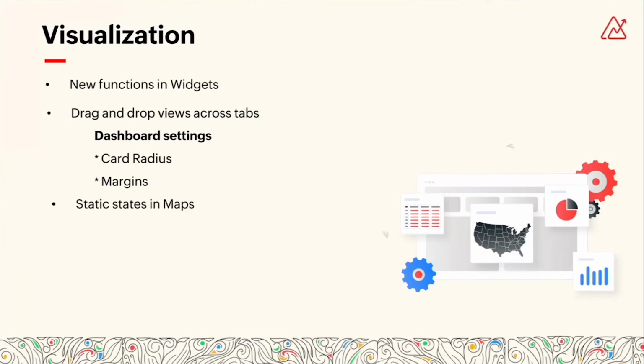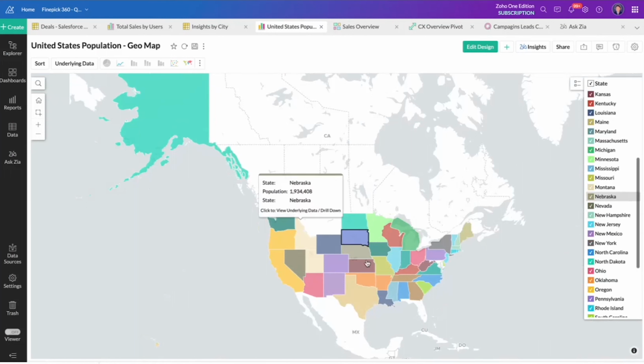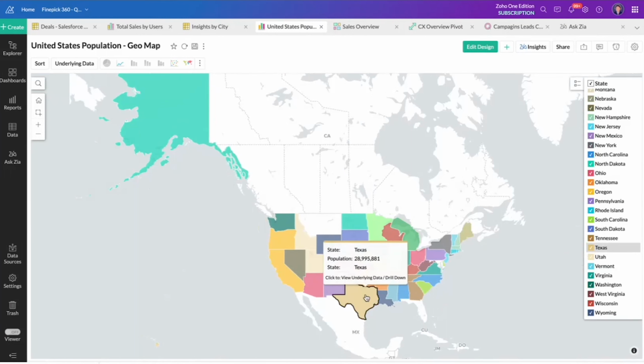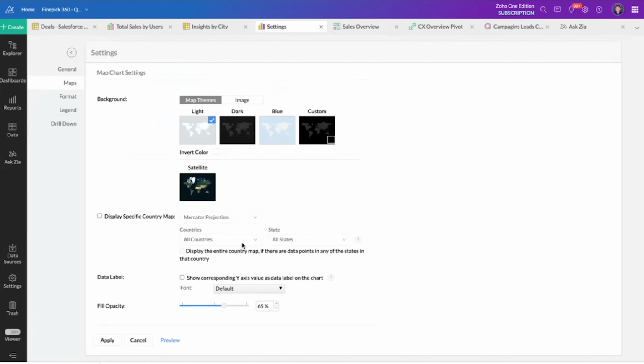So next is static states and map. If your business consists of data that is captured from different cities, you can now choose to just filter and retain certain cities. For that, let's go ahead and choose the United States population map. There you can see it shows different states' population. To set these values, let's go to map settings. Here we have introduced a new submenu for states. So let's go ahead and choose